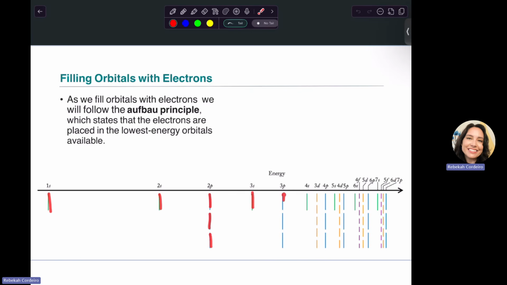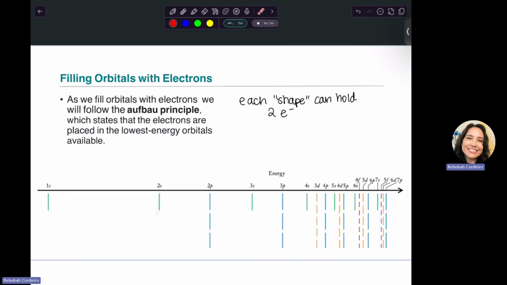Then the 3s, and then 3p, there are 3 shapes there. Then we actually do something weird. We don't go to 3d, we go to 4s, and then there are 5 shapes in the 3d, and you can see here we have 7 shapes in the 4f. Each shape can hold 2 electrons. So if I have 2 electrons, they'll be in the 1s,